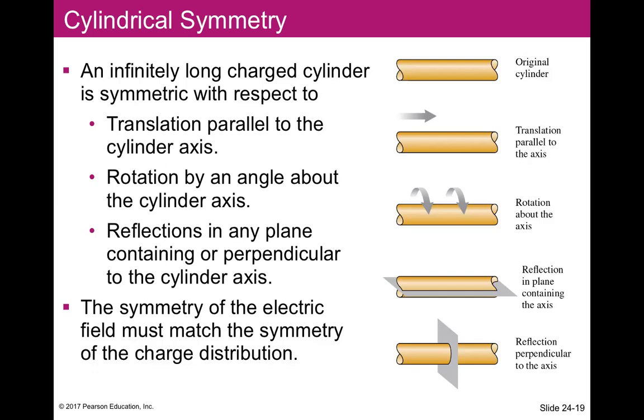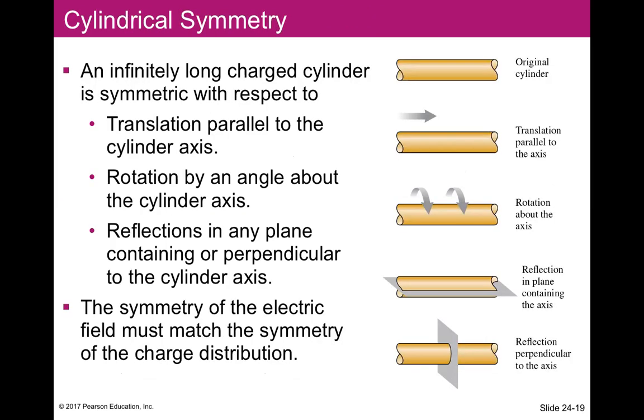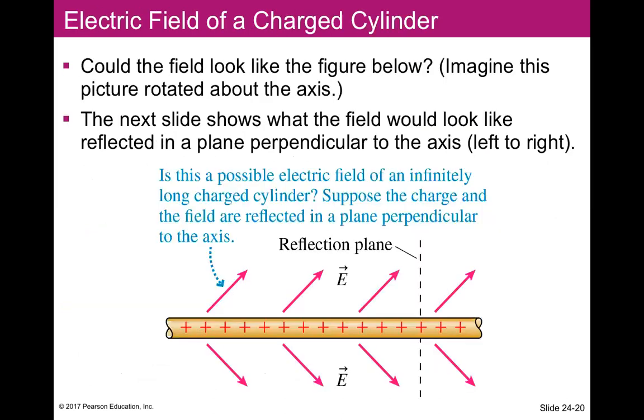Okay, if we understand those four types of symmetry, then let's look at the charge distribution. If it's distributed uniformly in an infinitely long cylinder, then the field lines, which are one important feature of this charged cylinder, should also have those types of symmetry. Now, based on the symmetry, let's try to deduce what the field lines should look like. First of all,